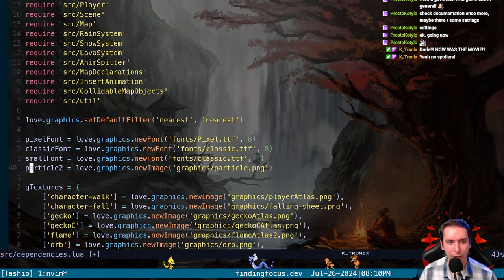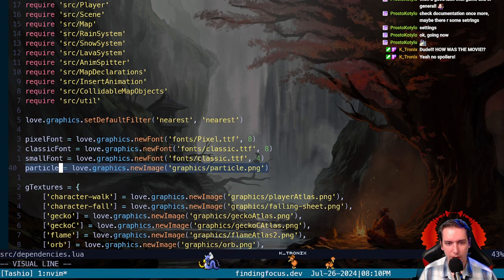This is where I want the particle. So if we give ourselves a particle here,